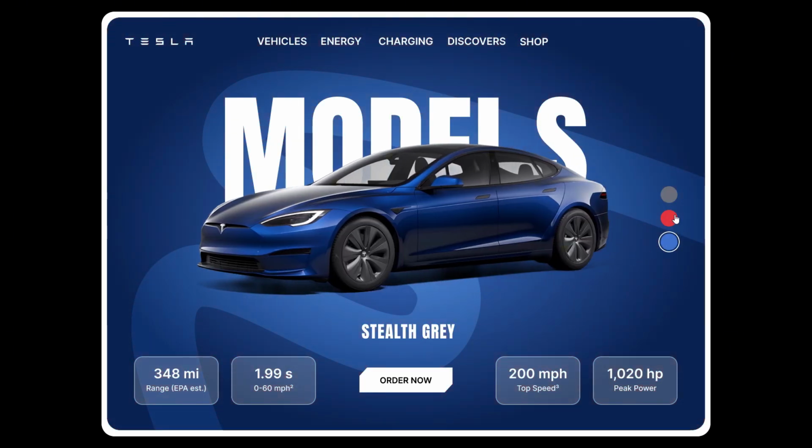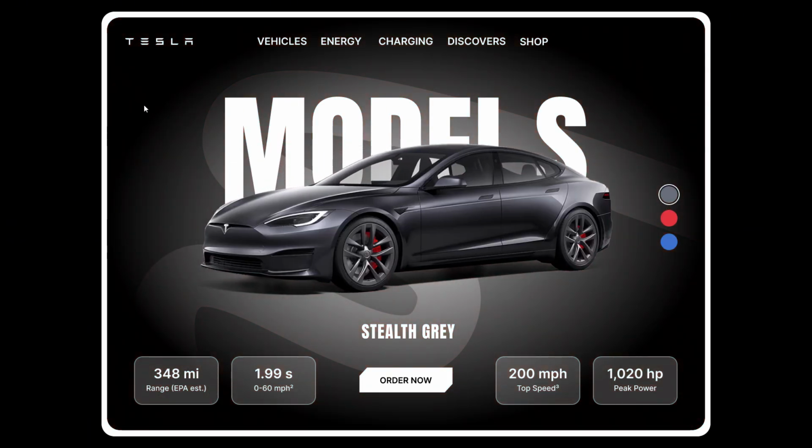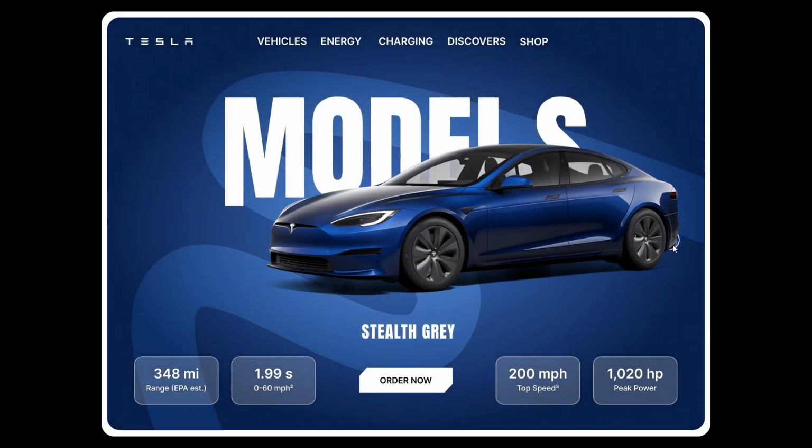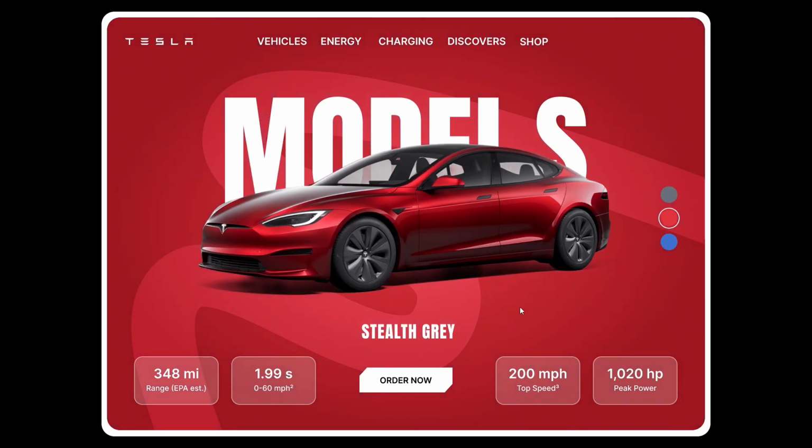Hello everyone. In today's tutorial, I'm going to show you how you can create a dynamic landing page like this for your website in Figma. I'm gonna keep this tutorial very simple and beginner friendly so that someone who is very new to Figma can